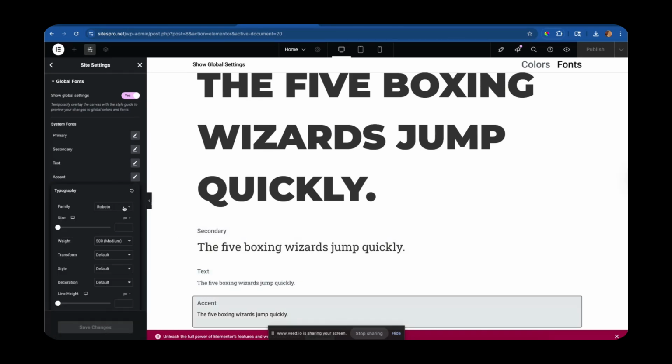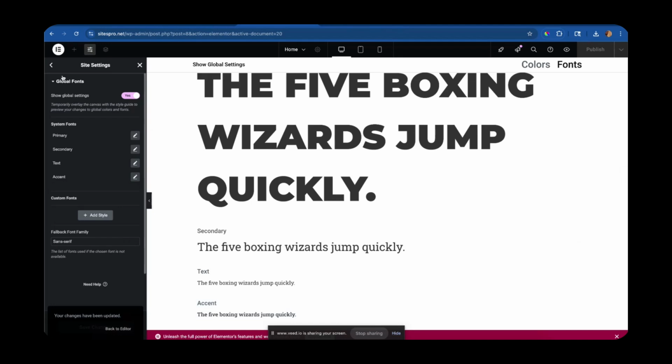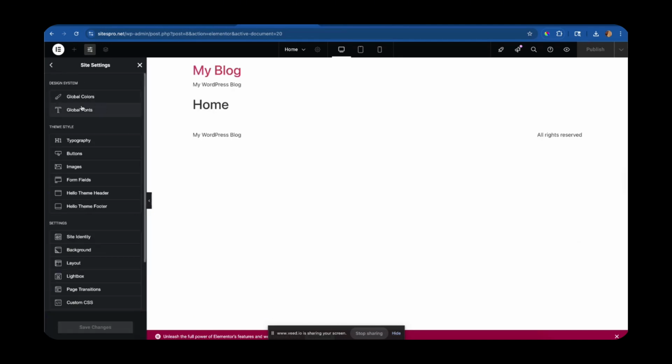Your accents should also match whatever fonts you're using. So let's do Roboto Slab again. And we'll do that 16 as well. So now we go back. So now we got our global colors and global fonts set up. Now you go down to your theme style. So we're gonna click on typography,